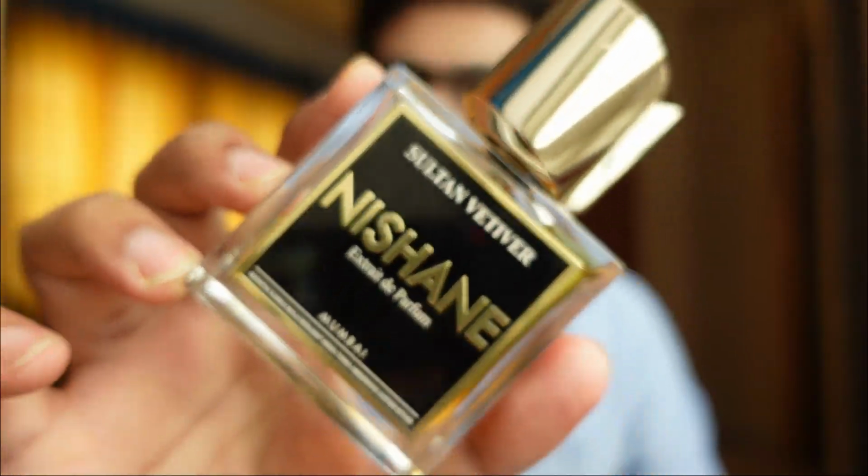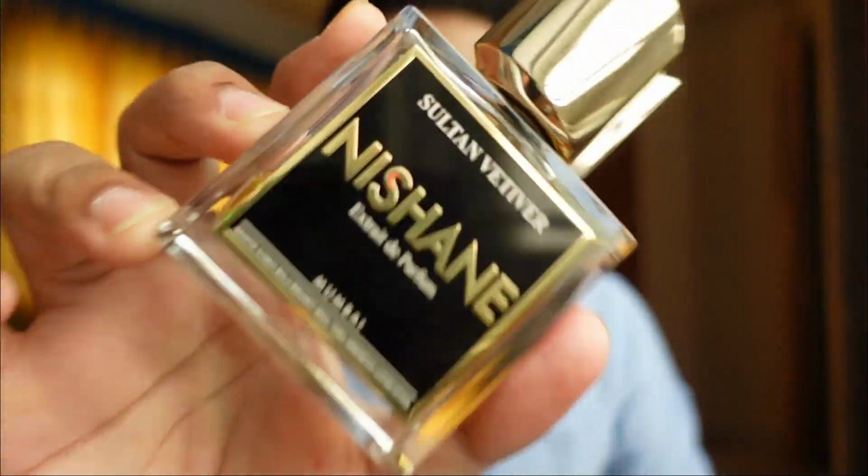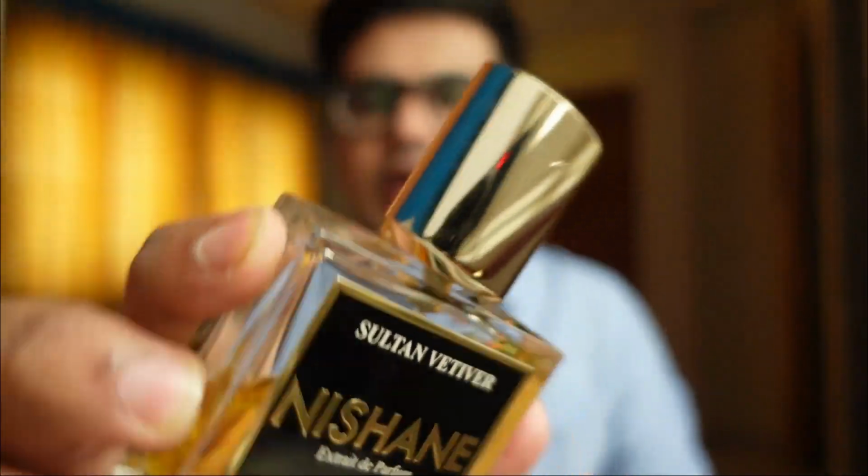The fifth one again is by the house of Nishane, and this is my favorite. I don't need to introduce you to this one. This is already a blast in the fragrance community, and this is Sultan Vetiver. So a very good, potent